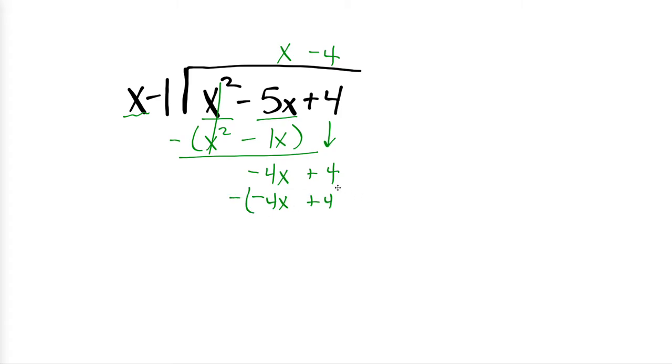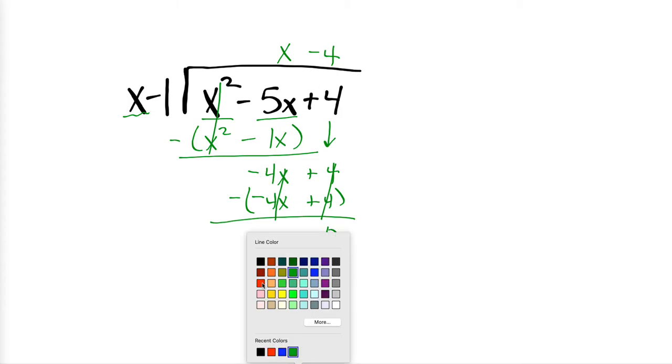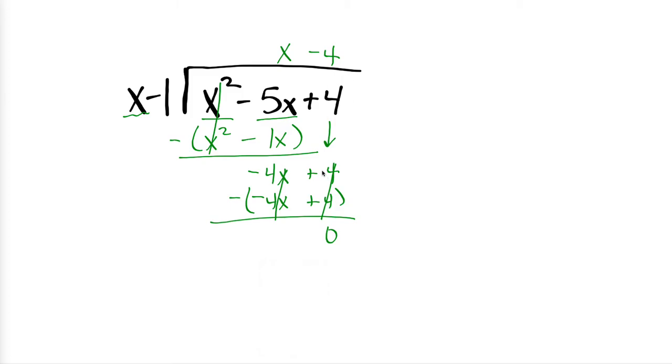And when you subtract this line, there's an awful lot of different symbols, so it's something you're going to have to keep clear. 4 minus 4 is nothing. Negative 4 minus negative 4 is nothing. So 0 remainder. So how did you get negative 4 up on top? Once you bring down that plus 4,